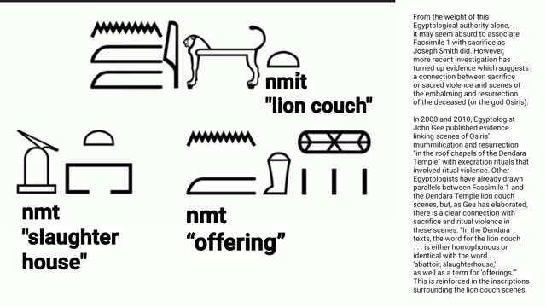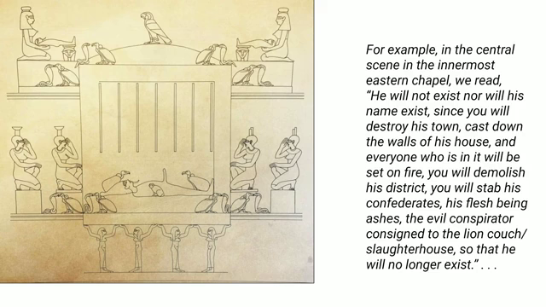In the Dendara text, the word for the lion couch is either homophonous or identical with the word abattoir, slaughterhouse, as well as a term for offerings. This is reinforced in the inscriptions surrounding the lion couch scenes. For example, in the central scene in the innermost eastern